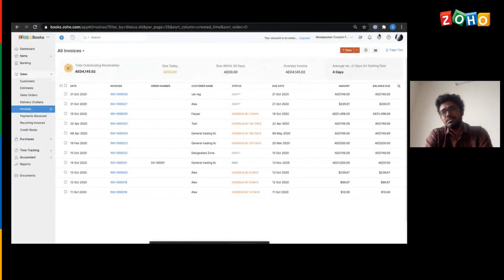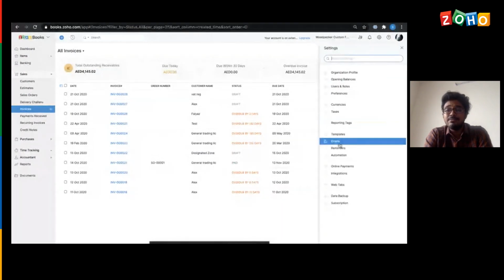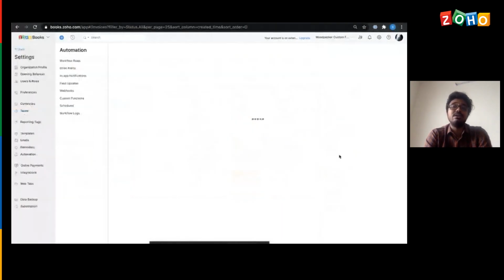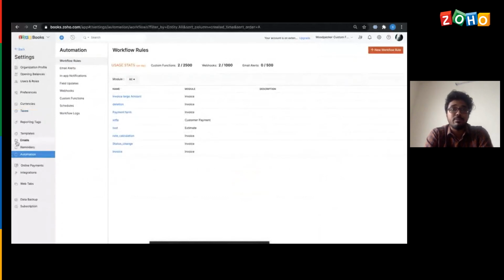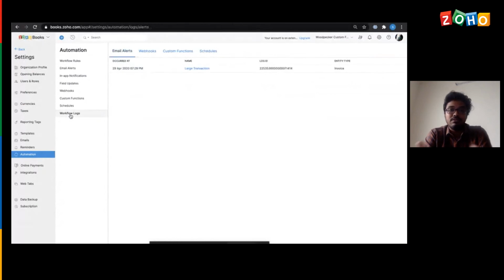But practically, this is not an easy way for me to check whether all the automation has been performed properly. So to view a log of all the workflows that have been performed in the organization, we have a section called workflow logs. Here we have listed all the email alerts, webhooks, custom functions, and schedulers that have been triggered from the system.